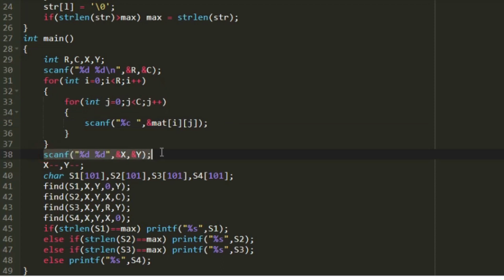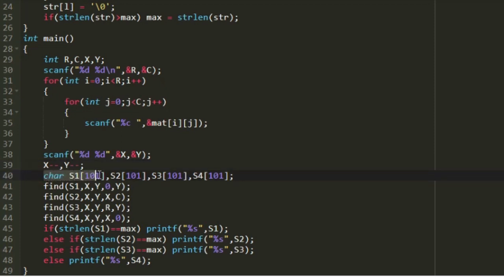After that, I am accepting two integer variables named x and y. After accepting the values of x and y, I decrement both of them, because we have started storing characters from the index 0. Only when we decrement the values of both the variables x and y can we find their positions in the matrix correctly.